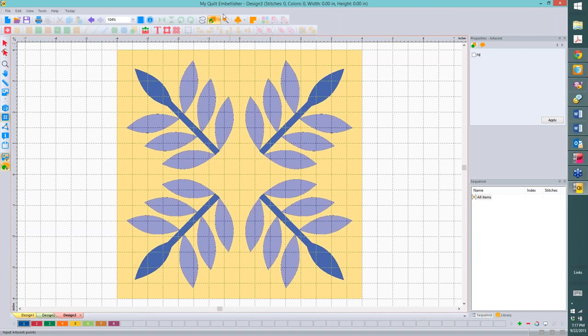So I'm going to come back up here to the top with my artwork tool selected, select my magic wand. Now, in my properties box over here on the upper right-hand corner, you'll see that fill is not checked. It doesn't have to be, but for our purposes, and so you can actually see what I'm doing, I am going to turn the fill on. So instead of doing just an outline around it, it will fill that with color,